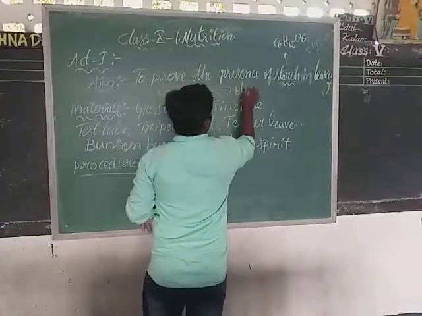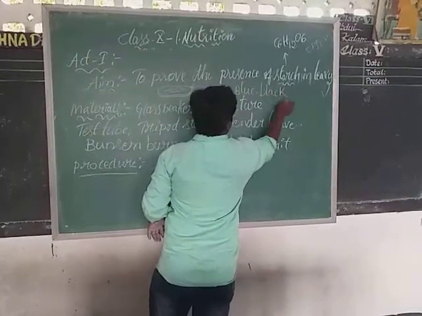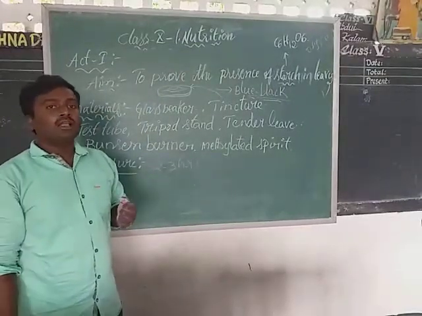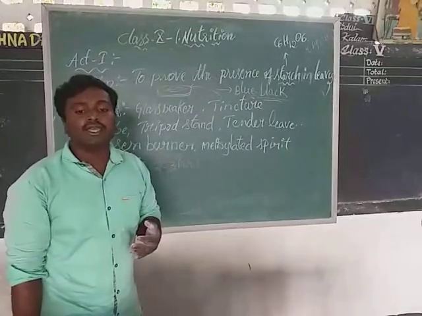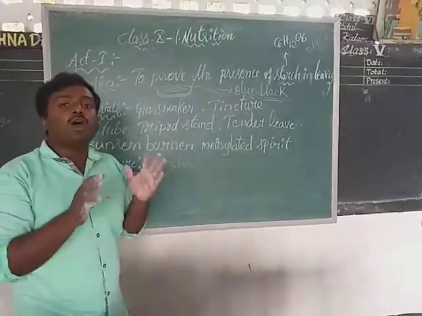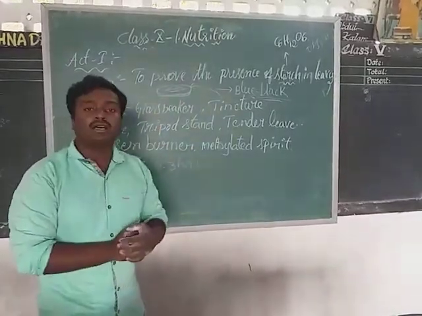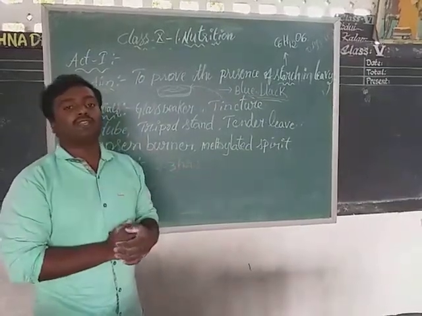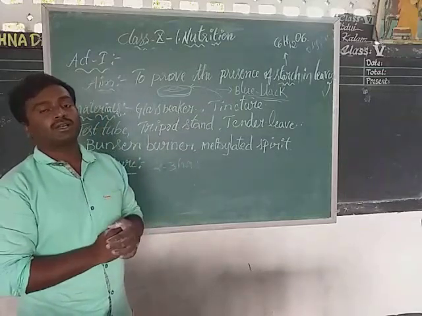That special color is which color? A combination of blue-black color. It's a combination of a blue and a black color. Whenever the blue-black color is formed, then what does it indicate? It indicates that starch is found in the plant leaves. If there is no blue-black color, then what will happen? There is no chance to observe any starch in it. Okay?